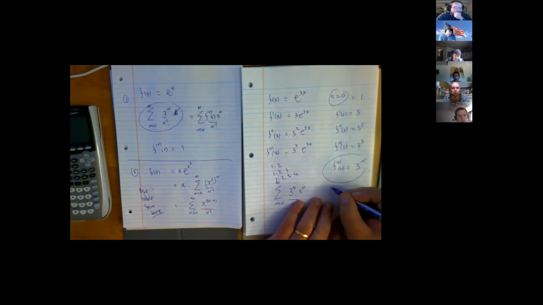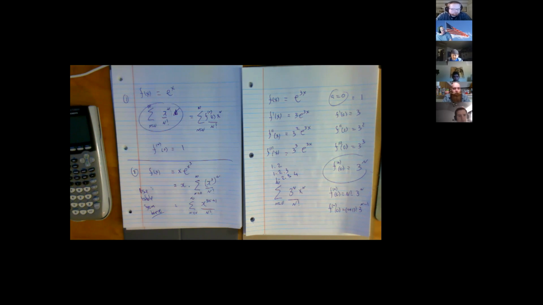Now, in a nice world, everything will be n's. In not such a nice world, couldn't that be n plus 1 factorial and this be 1 shy? So you sometimes have to tweak it. The fourth derivative might not be 3 to the power of 4. Couldn't it be 3 to the power of 3, or 3 to the power of 5, or 3 to the power of something, where you have to tweak it? And the fourth derivative might not be 4 factorial. It might be 3 factorial or 5 factorial. So there will be some adjustments sometimes that are necessary.